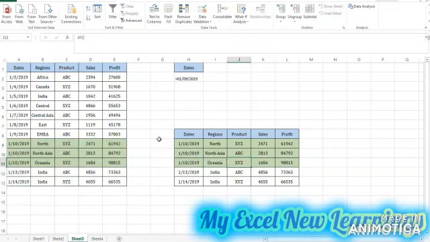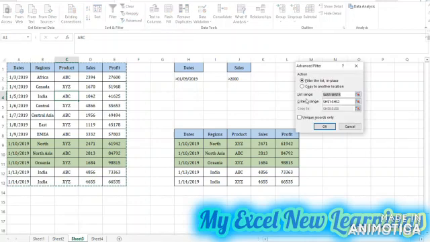So you can use the greater than, or if I want the sales, like greater than 2000. So I will use the same, go to the data tab, click on the advanced filter, then copy to other location, then select your criteria.